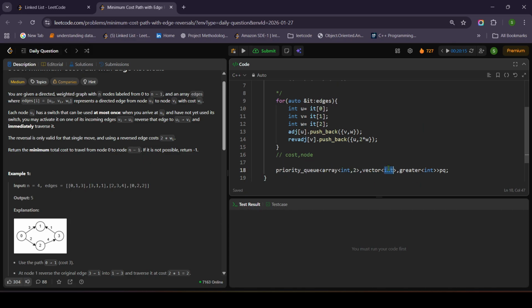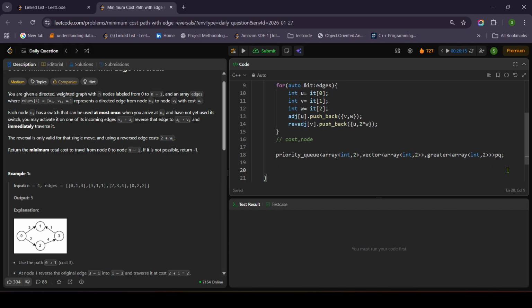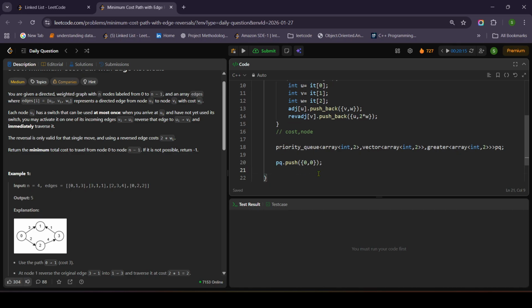This will just replace it with this. Now what we want to do, first we want to just push our cost and the node. We should start from 0, right? We want to travel from 0 to n minus 1. So that's why I have pushed 0, that is the cost, and 0, the second 0 is for the node,